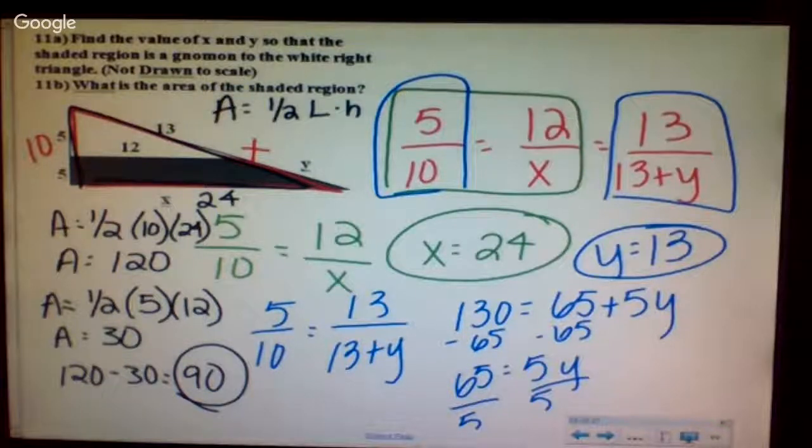Okay. Are there any questions? I just remember my formula. I'm trying to think if there's any